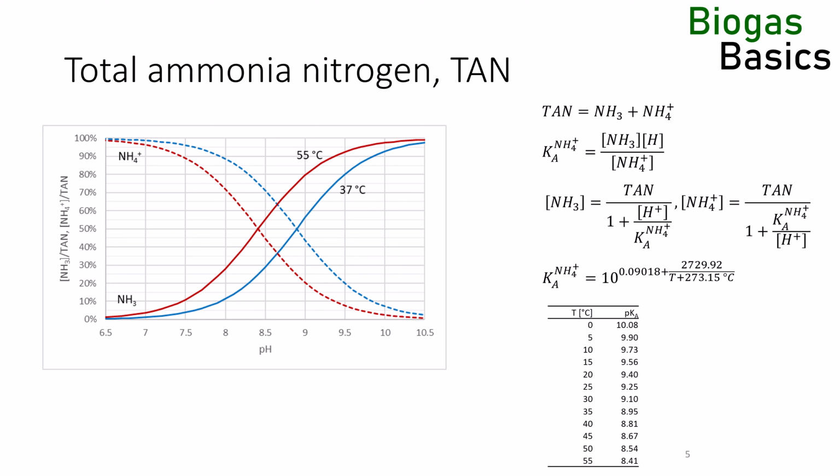Now let's take a biogas reactor at a pH of 7.5. At 37 degrees Celsius, 3.9% of the total ammonia-nitrogen is in the bioactive free ammonia form, and 96.1% is biologically inert ammonium. If we increase the fermentation temperature to thermophilic conditions at 55 degrees Celsius, the free ammonia percentage increases to 10.8%. Without an increase of the total ammonia concentration, the ammonia becomes 2.8 times more active. Now let's go back to the biological implications.